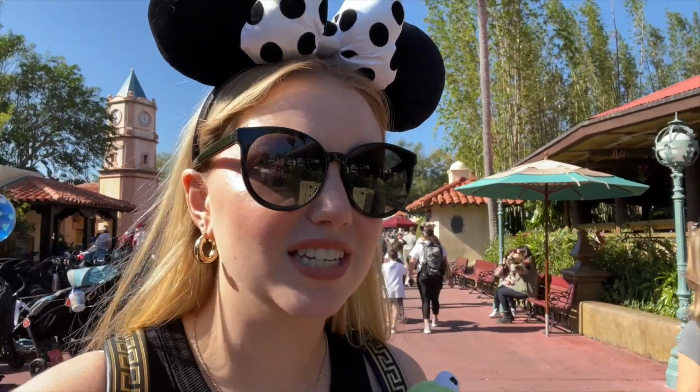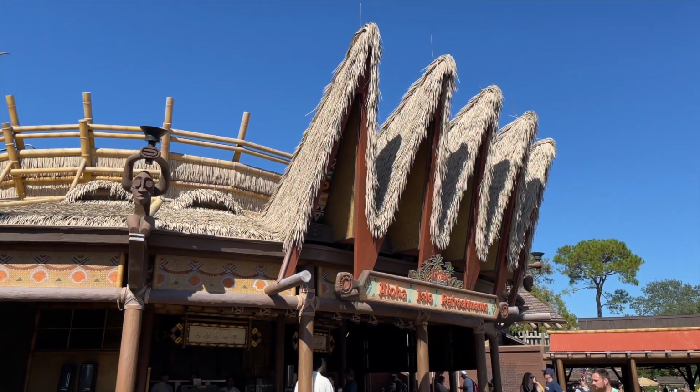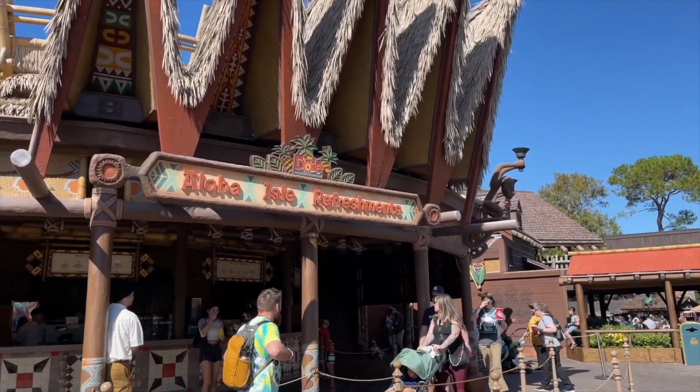2 more items left today to try. Luckily for me, they're all right here in the same area. And one of them is straight across from Pecos Bills. But I'm gonna go to the other one, and I'll explain why, because I have a thought in my head about why. For my next stop today, I came right between the bridge between Frontierland and Adventureland because I am